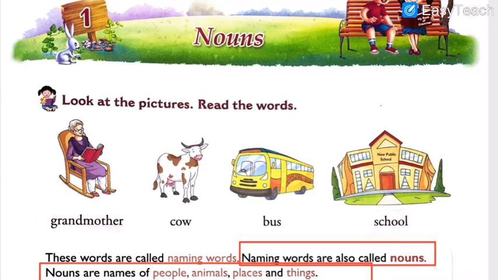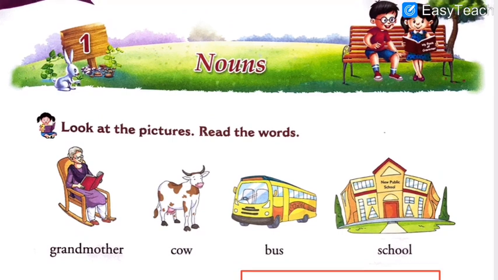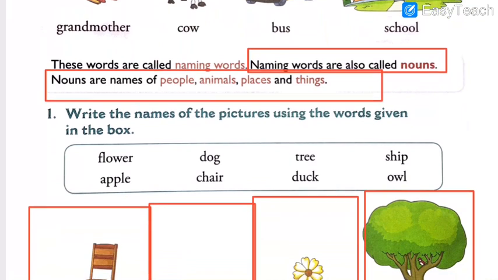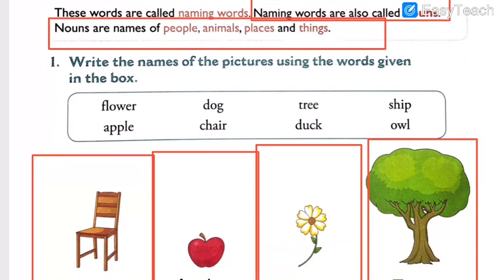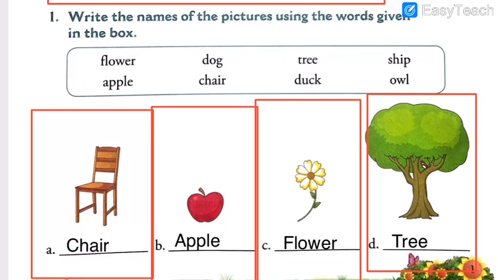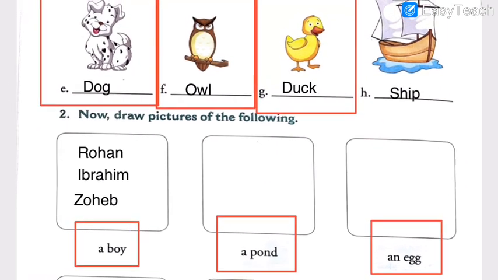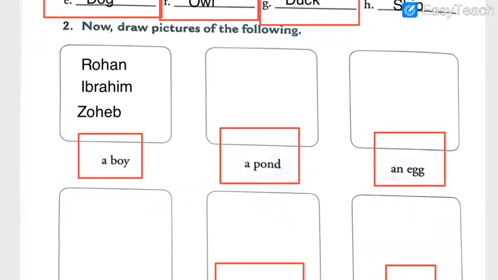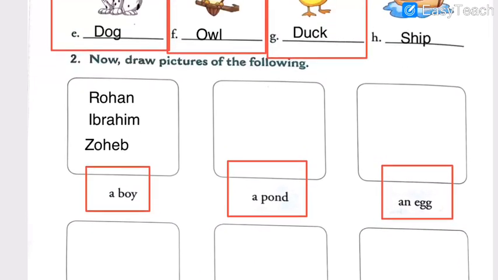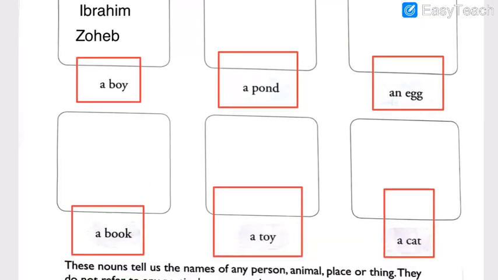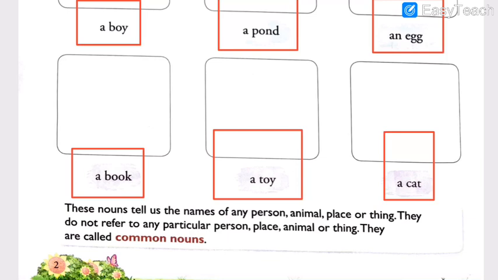My dear students, this is the chapter we started, chapter number 1, nouns, in which we solved the warm-up exercise and understood the definition of noun. I even asked you to note down a few points. We completed exercise number 1, that was a pictorial exercise. Then we solved exercise number 2, in which you had to draw the things on your own. Yes, many students have sent me pictures of this exercise as well. Then with the help of this I explained what is a common noun.